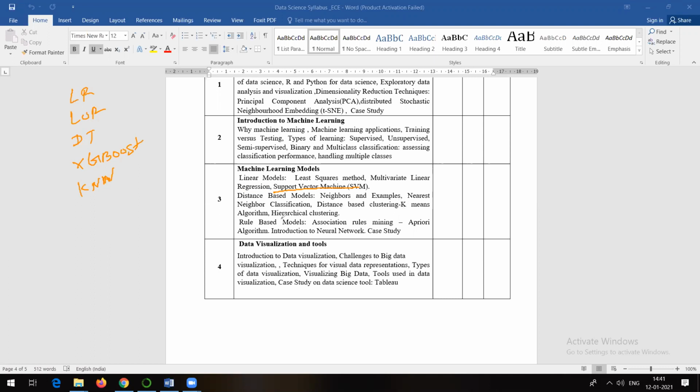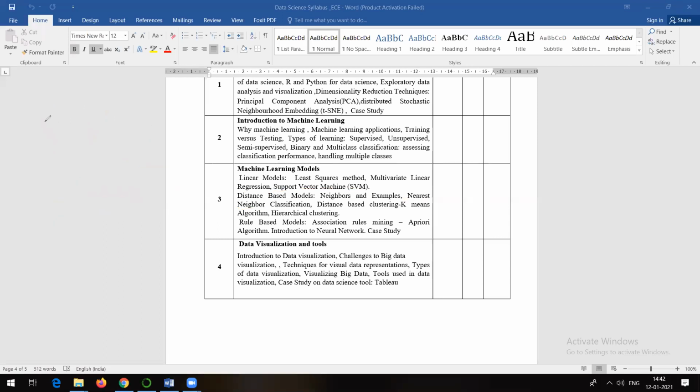Yes, let me check. This one. Here we will see nearest neighbor, so for that we will see the KNN algorithm. And then there is support vector machine. There are two flavors of support vector machine: support vector regressor and support vector classification. One by one we will try to see all these algorithms. Generally the sequence should be like this, but in your syllabus they have directly mentioned this particular algorithm, so I will go according to the syllabus.